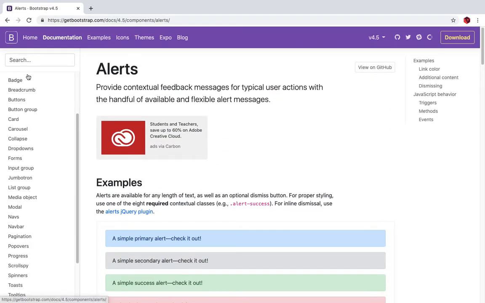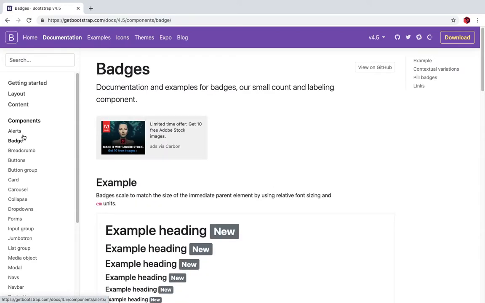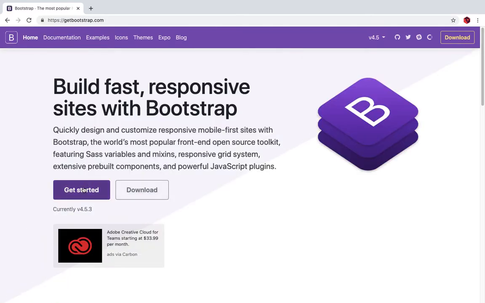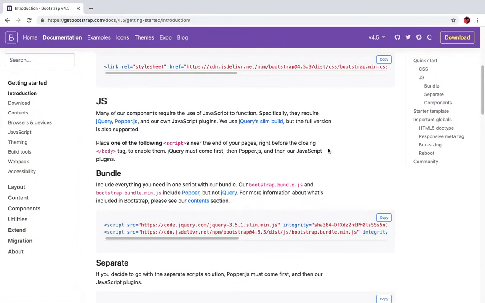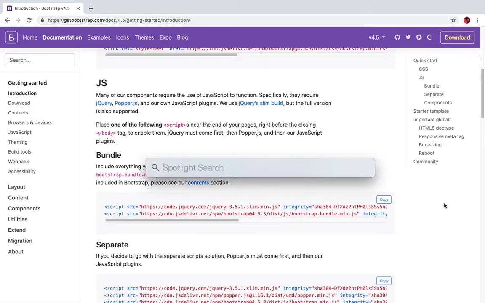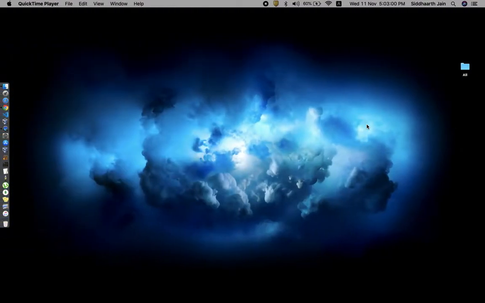So let's first go back to the home page and then click on Get Started. Now if we want, we can link this file also, this file also, but instead of that we will copy the starter template. So first let's make a folder and name it